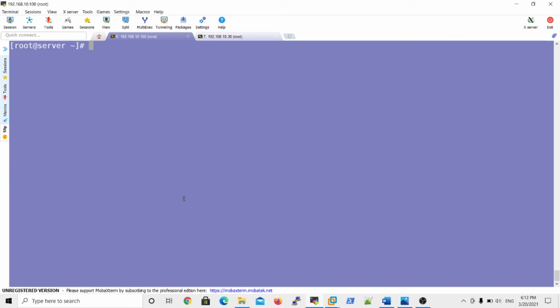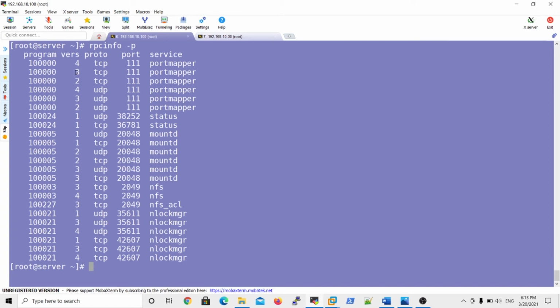And what version is installed on the server side? If you run the rpcinfo command with -p, yes, see that. So what are the NFS versions? Version 1 is there, 2 is there, and 3 is there, but the recommended one is version 4. It is running on port number 111 and NFS on port number 2049 also. So these are the port mappings, the versions and the program names. Okay, rpcinfo is the command to find the versions. So this is a great way of sharing files over the network with the help of an NFS server.